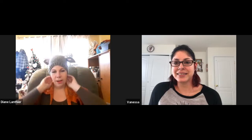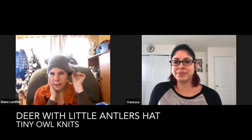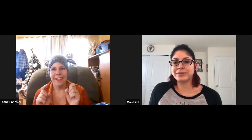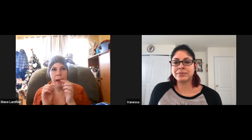I do a lot of knitting, so I thought I'd wear all the wool today. I don't know how long I can keep this on either. I thought I would start with it, but I'm already getting hot. But this is by Tiny Owl Knits. It's the reindeer hat. I keep saying "like," I really need to try to stop doing that. I say "like" a lot. So, yeah, this is by Tiny Owl Knits, and I had knitted this back in 2013, I think, when